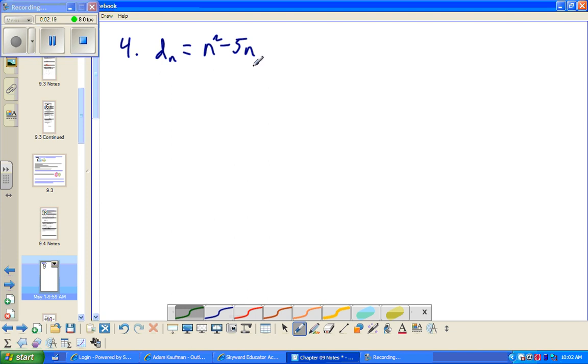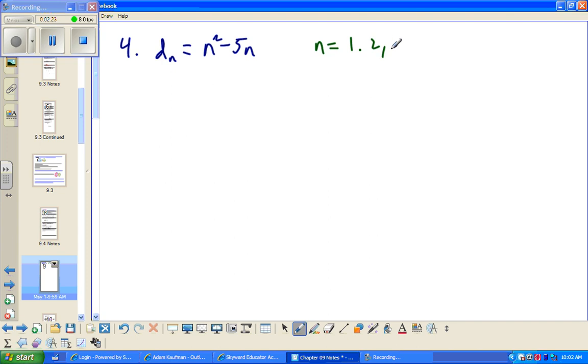Well, if we need to find the first 6 terms, we simply will plug in n equals 1, 2, 3, 4, 5, and 6. We'll plug each one of those in for n and get what that equals. If we want the 100th term, well then, we're going to plug in 100 for n. And if you do that, you should get